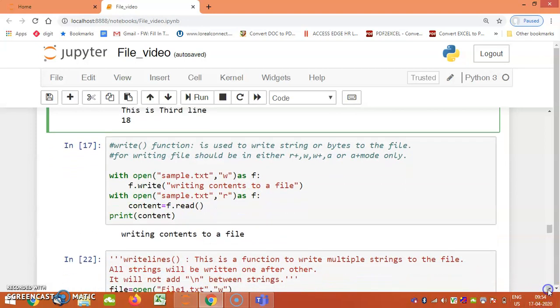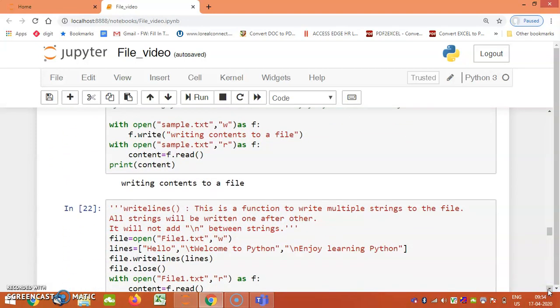Whenever I want to write multiple lines to a file, we have the writelines function. This is a function to write multiple strings to the file. All strings will be written one after another, and it will not add \n between the strings. So if I want to add \n or \t, I have to specify it explicitly in my program or in whatever data I am going to write.